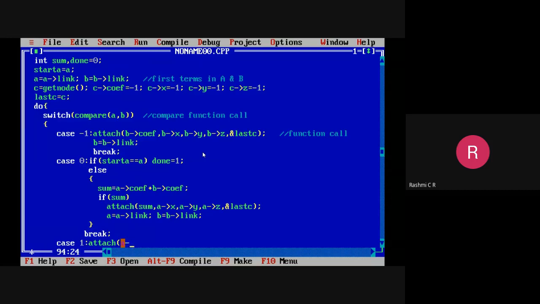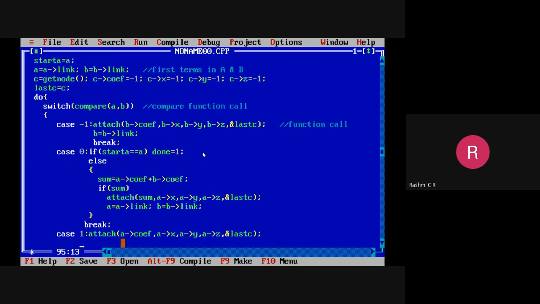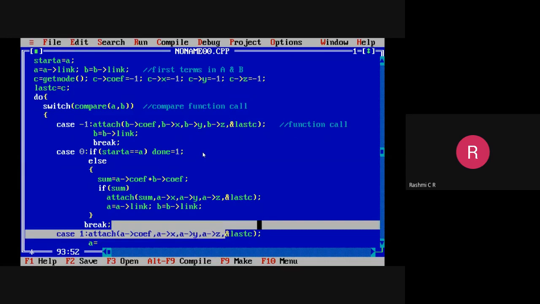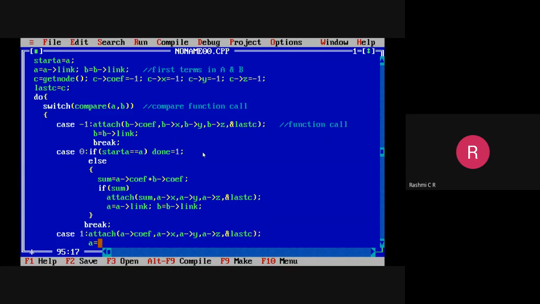So A coefficient, AX, then AY and Z. And also the address of last C, because it should be added to C, we are just getting that via the address of C. After a term in A gets added to the final result, we just have to move to the next node.